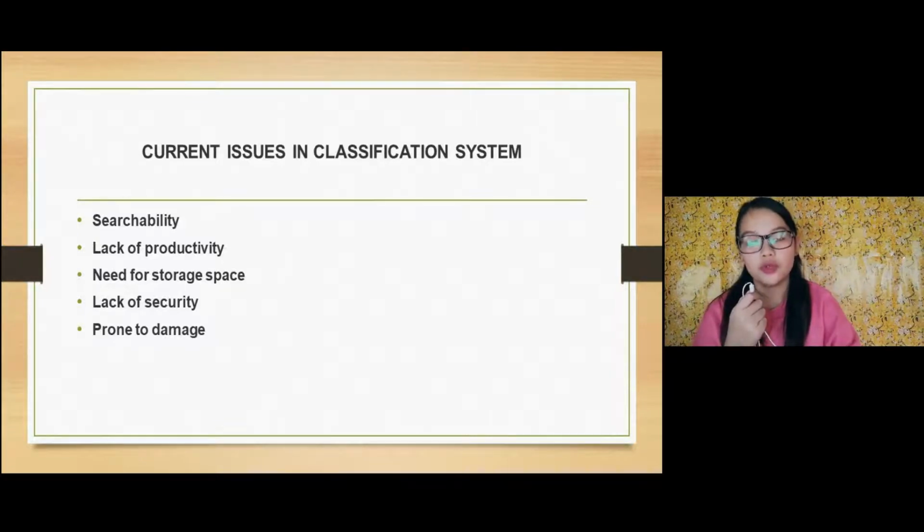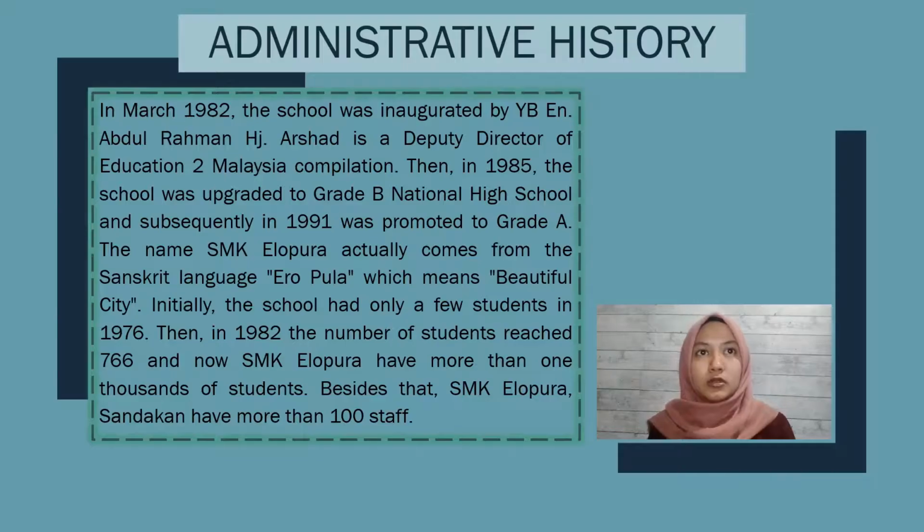The last one is being prone to damage. At any moment, a natural disaster can happen. The storage room can be destroyed by a fire, and the whole set of paper-based records could be totally wiped out by a flood, hurricane, or another extreme disaster. Any documents may also be lost simply because of wear and tear.